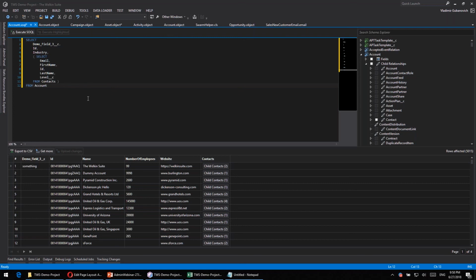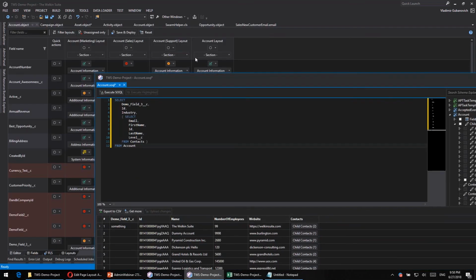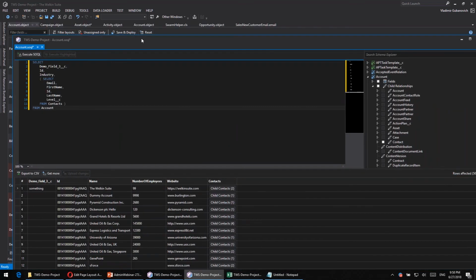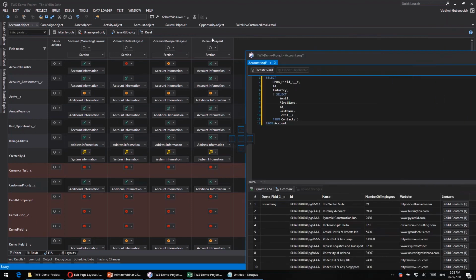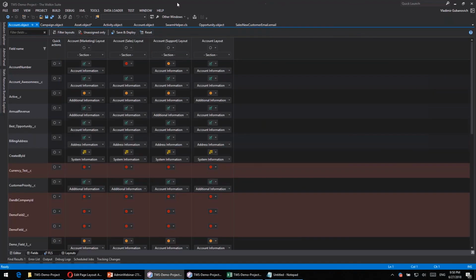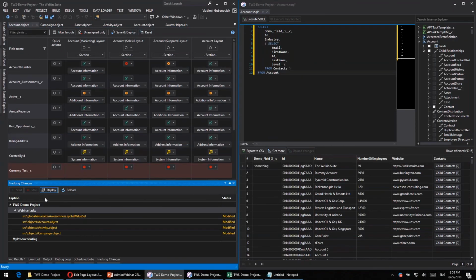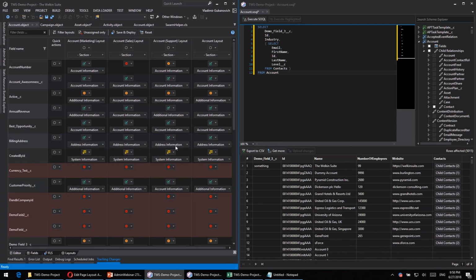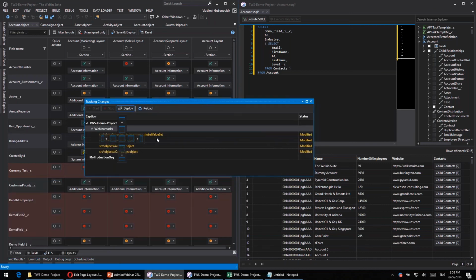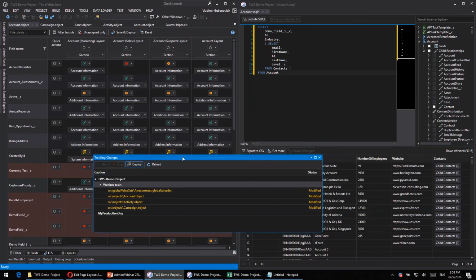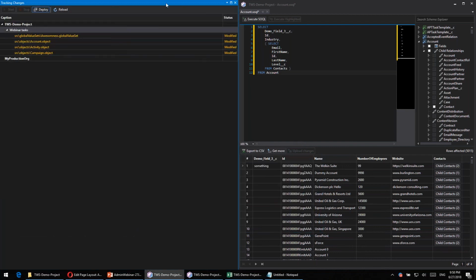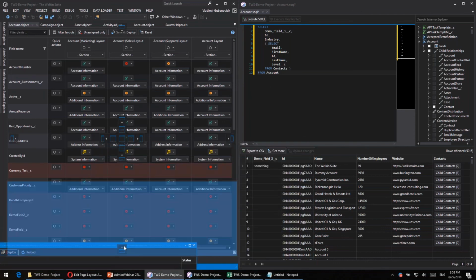In terms of the multi-window support, in the Welkin Suite, you can drag and drop everything as you wish. You can drag your account, let's say, to a separate window. You can move it to a separate display, as I'm doing right now. You can put them side by side, let's say, and put the Welkin Suite here. You can drag and drop panels to separate places, like I can drag the tracking changes panel. Okay, I'll grab this pack of panels and they will be just a separate window. Again, I can put them into any other display. I can stack them in the windows itself, so I can do whatever I want with the layout of the